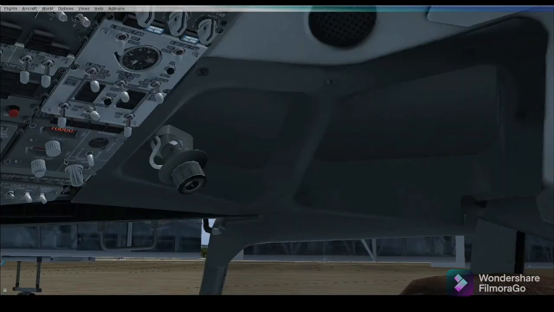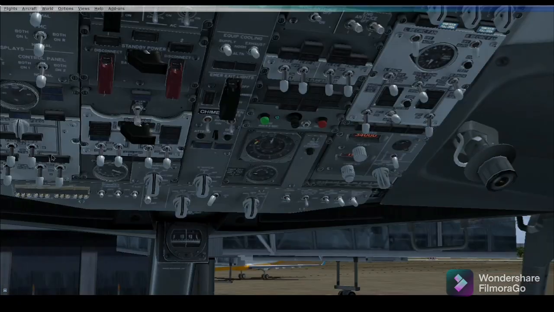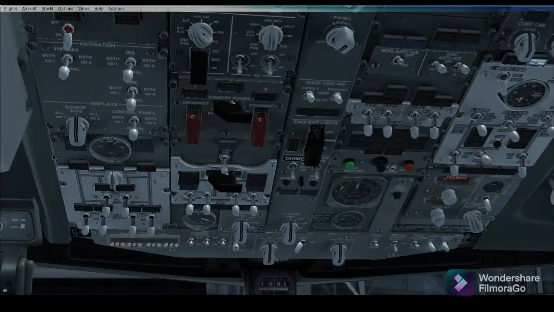Exactly behind this panel there is the altitude set, to set our altitude. For example, we are flying from Bombay to Delhi. The flight altitude given is 34,000 feet, so we have to set 34,000 feet over here, and the landing altitude is there. For example, 1,500 feet, we have to set 1,500 feet. This is our main overhead panel.